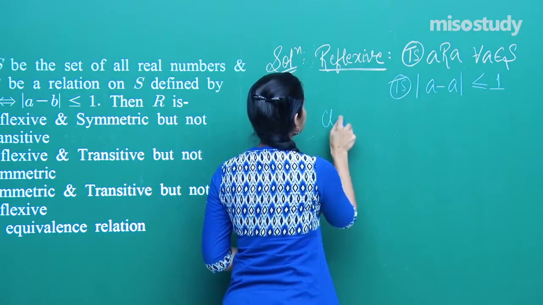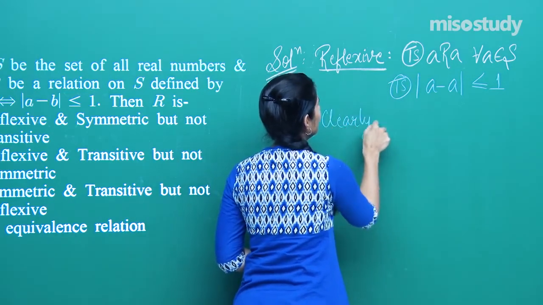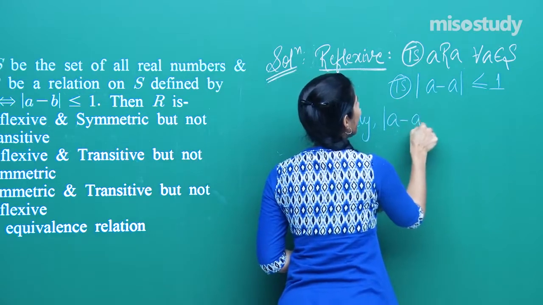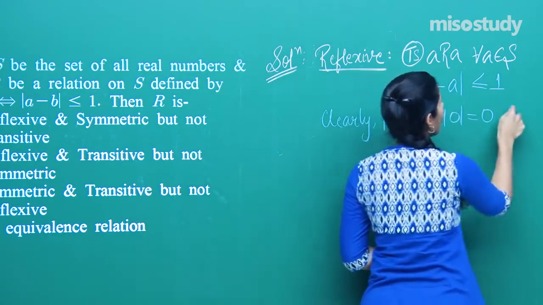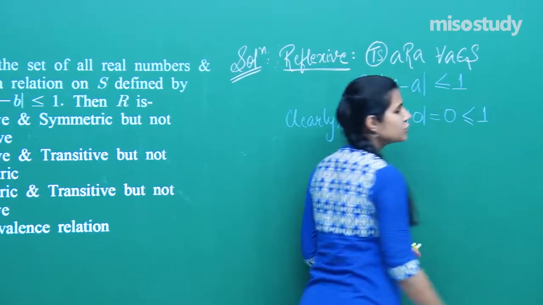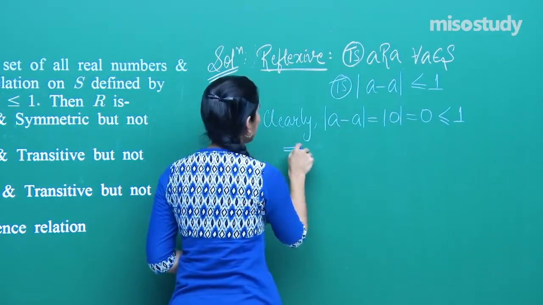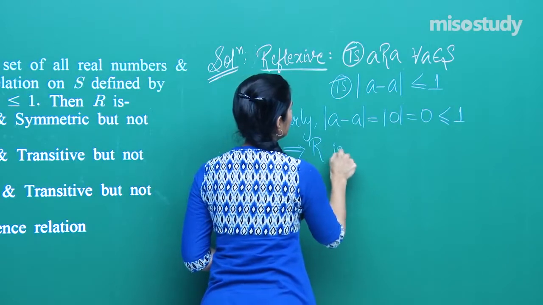Obviously, distance between A and A is 0, which is obviously less than equal to 1, which implies R is